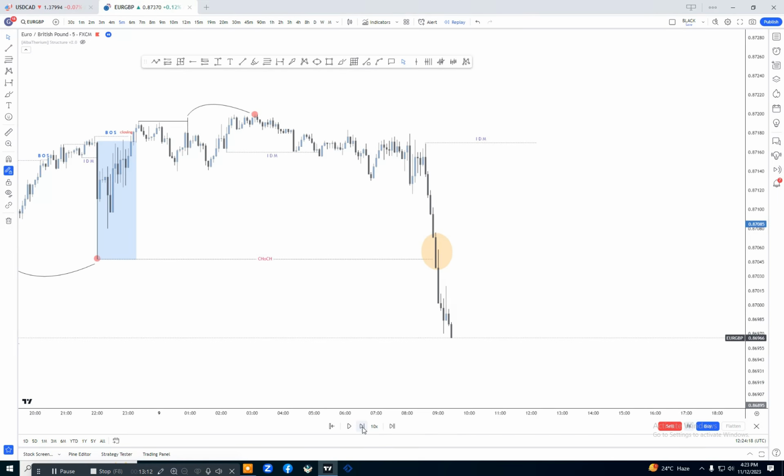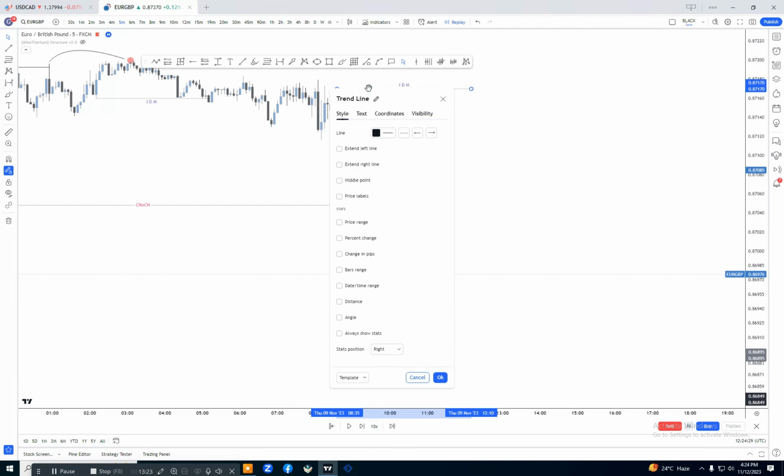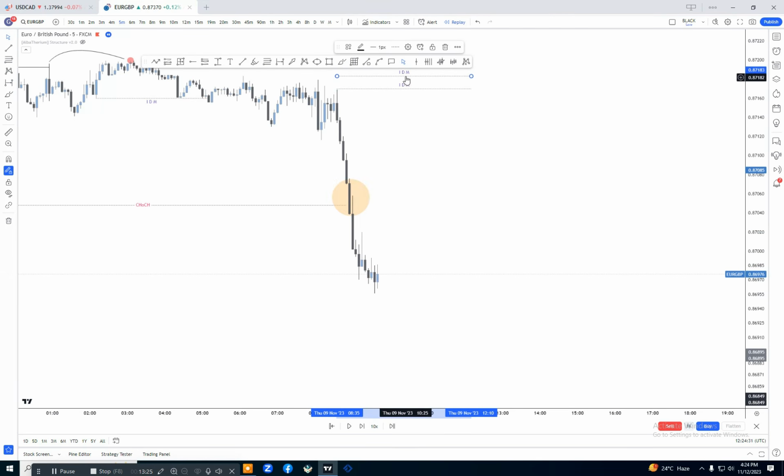what will the market do? Now here is another inducement for us. Where is our inducement? If we see here, here is another pullback in the market. Then if we have another pullback, the latest pullback high will act like our inducement. Then our inducement is shifted from this area to that area.